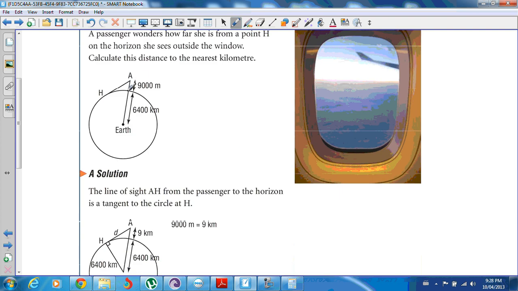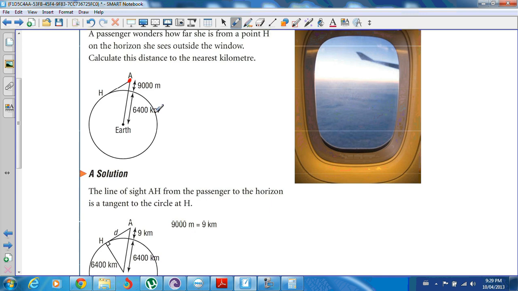Right, so here's an example of one of the ones that was done in the notes and in the textbook. If you look at something that is flying up in the air, and say this is the airplane right here. Of course, you know it's from the middle of the earth to the top of the earth, to the outside, the ground, is 6,400 kilometers. Then you've got another 9 kilometers, because that's 9,000 meters, but that's really 9 kilometers. So this is another 9 kilometers up to the airplane. So the distance from the center of the earth up to the top of the airplane is